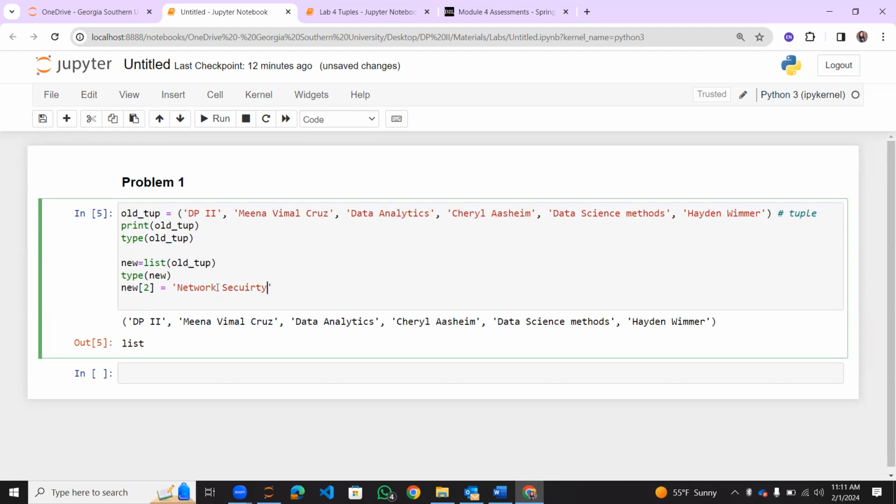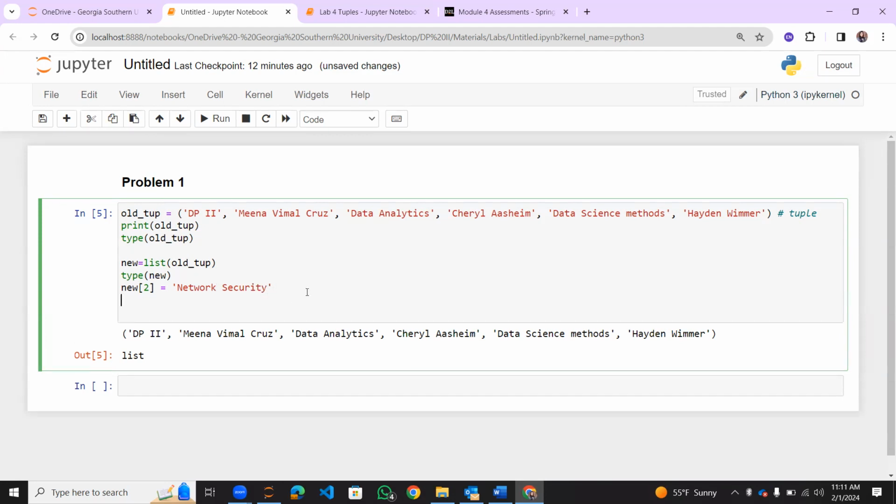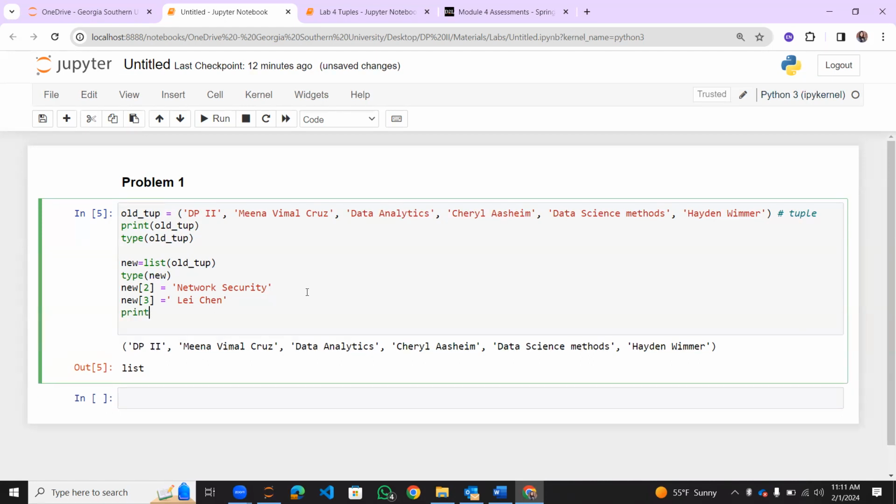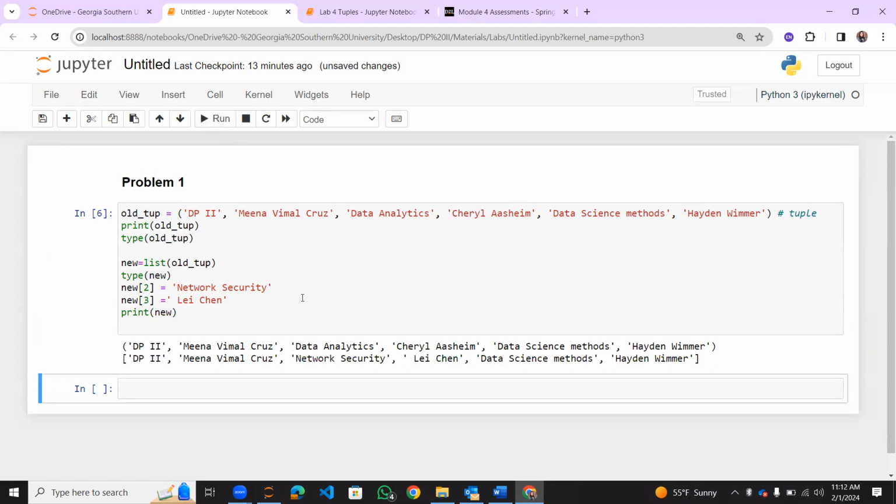And then we are changing another value, which is the new third index, right? The immediate next value, we are going to change the instructor to new instructor. Okay. So now we can just type print new and see what that is. So now it lets us access it, but you can see it is in list format,